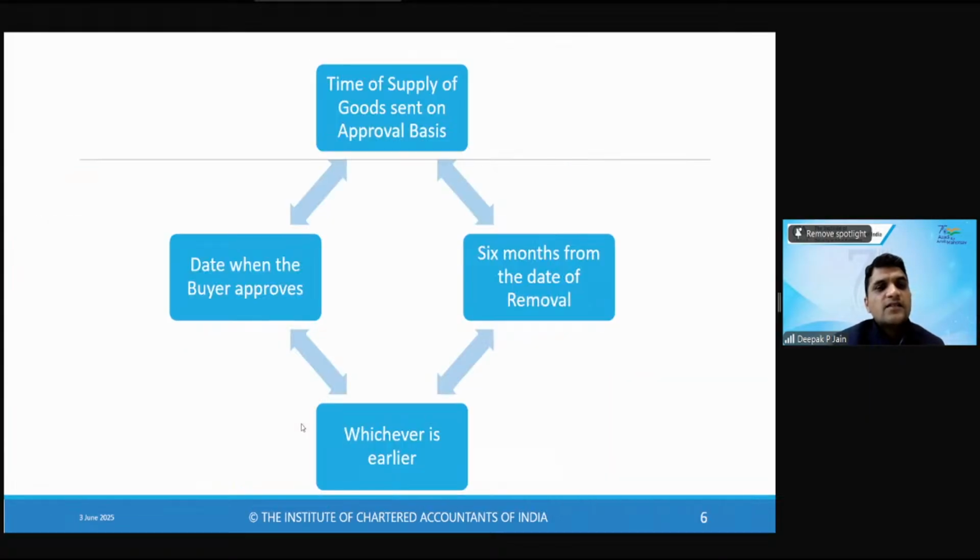ठीक है। नेक्स्ट इज टाइम ऑफ सप्लाई ऑफ गुड्स सेंट ऑन अप्रूवल बेसिस। जब भी आप गुड्स अप्रूवल पे बेचते हो, आपने बेचा नहीं है, सिर्फ अप्रूवल के लिए दिया है, तो फिर जीएसटी कब लगेगा? द डेट व्हेन द बायर अप्रूव्स इट। बायर ने अप्रूव कर दिया है तो उस दिन रेज कीजिए। नहीं, बायर ने अप्रूव नहीं किया, वो अभी टाइम ले रहा है, जीएसटी टाइम नहीं लेगा। जीएसटी बोलेगा 6 महीने वेट करूंगा, तब तक आप पेमेंट कर दीजिए। आपका कस्टमर का कंफर्मेशन चलते रहेगा, लेकिन मुझे जीएसटी 6 महीने के अंदर चाहिए।